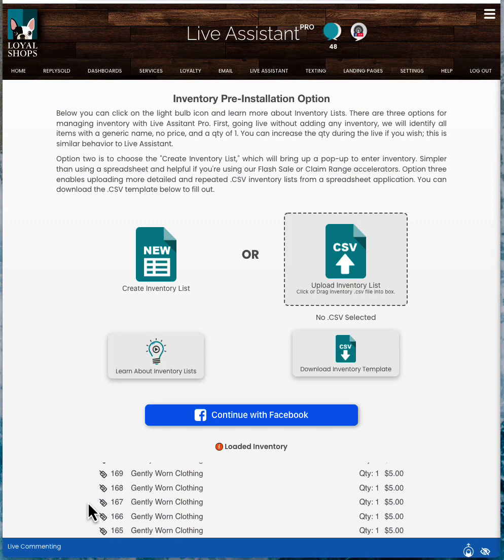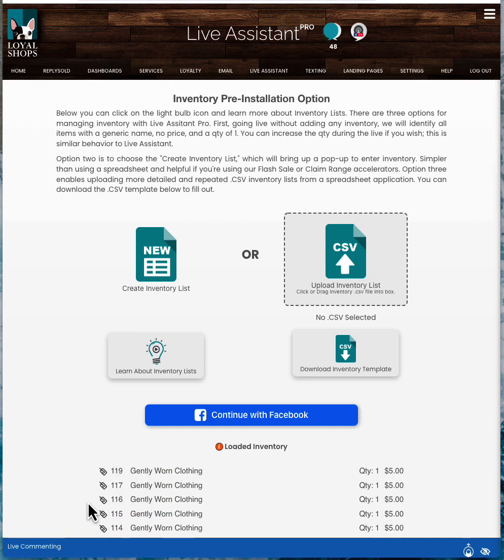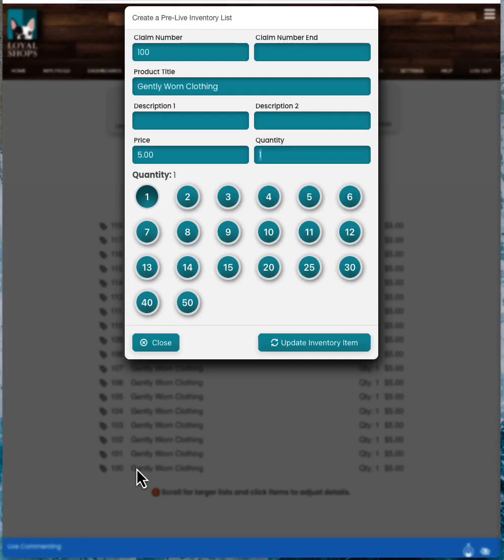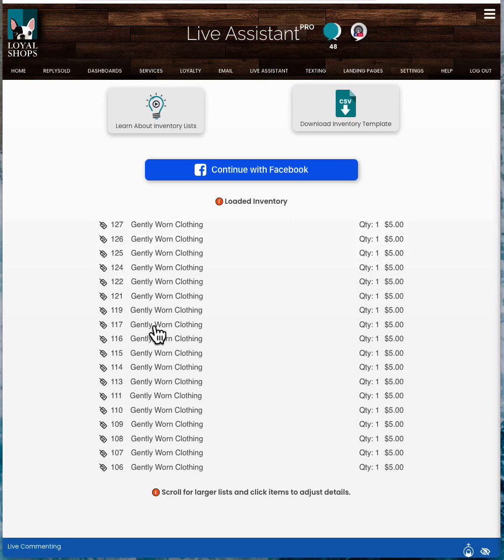We added 100 items into our inventory list, and you can see that list right here. I can actually click on one of them so that you can see it's exactly what we put in there. Item 100, Gently Worn Clothing, $5. And so what this means is now when we go live, someone can write sold 100 or sold 120 or sold 150 or sold 170 or sold 200, any of those numbers, they'll all come up Gently Worn Clothing for $5. And the golden thing about this is we took about 30 seconds to create this inventory list,